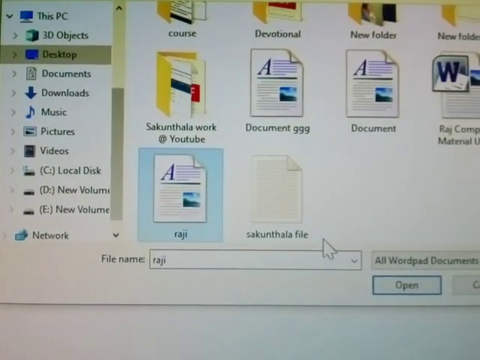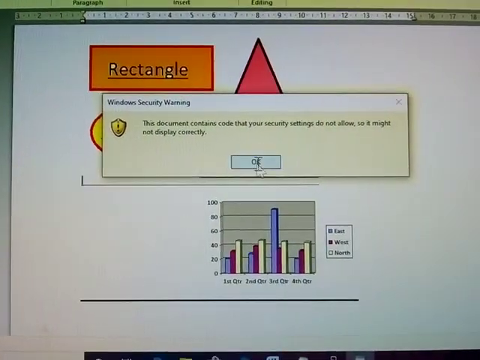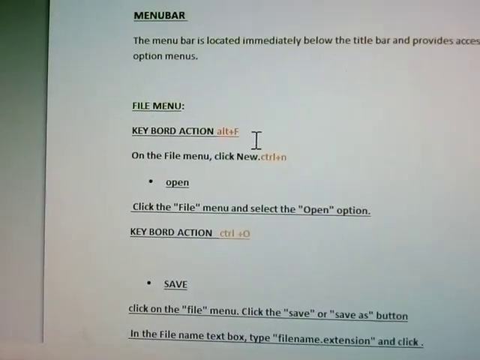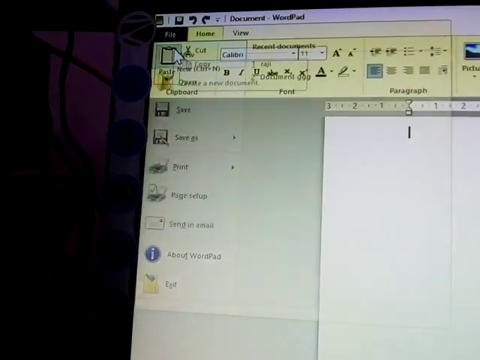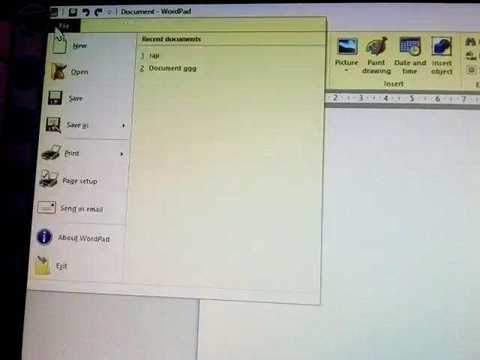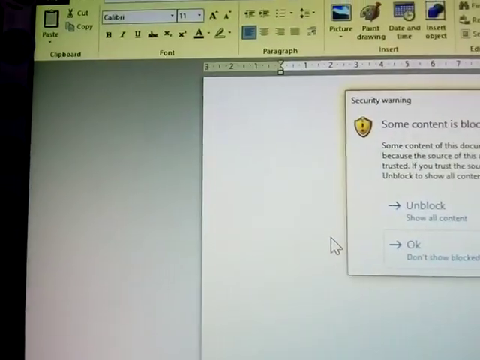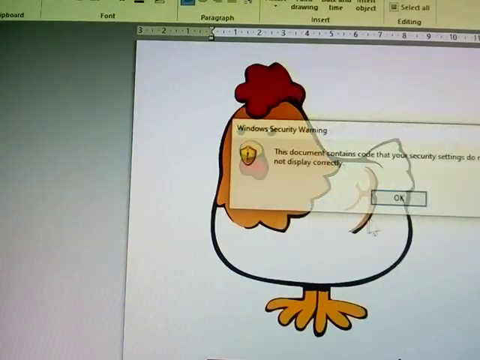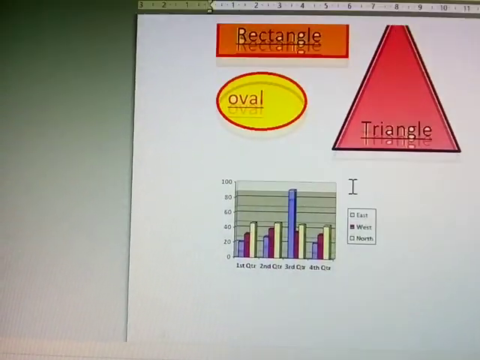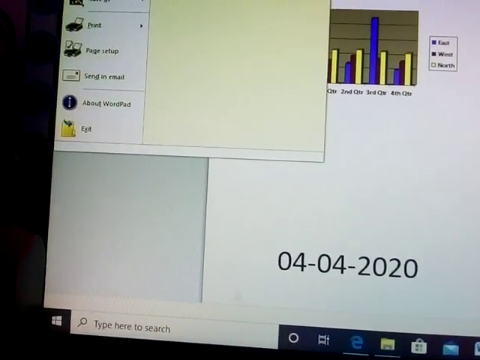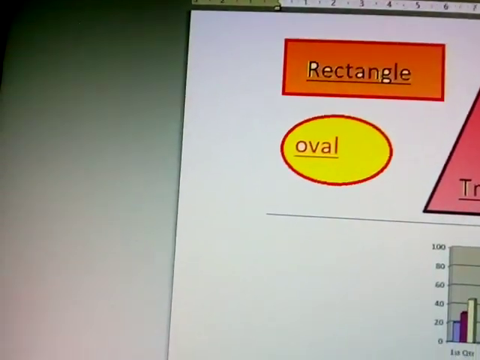You select any file in the MS Word file. Open. The file is open. This is the new file. This is the open file. The difference is